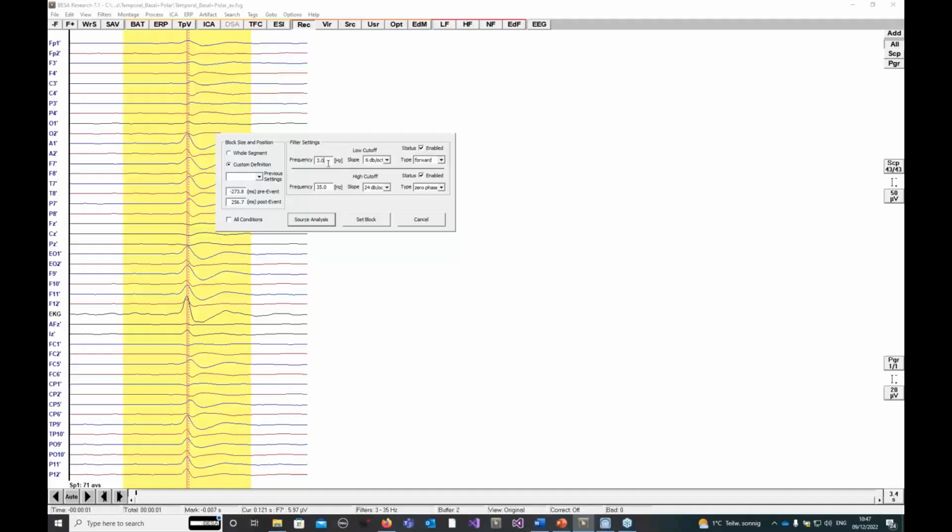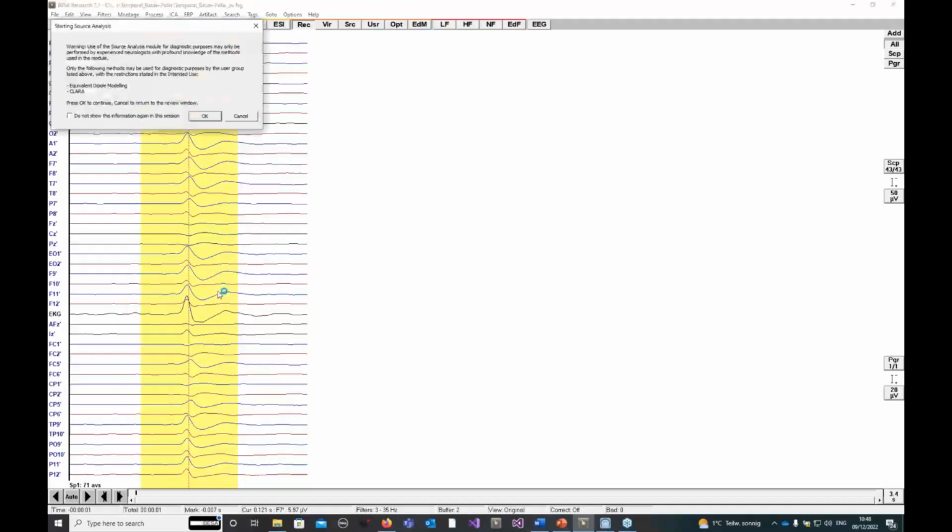So one thing we can do is a forward filtering at about 3 Hertz to get the baseline straight, and a zero phase 35 to 40 Hertz filtering, so that the filter band is well outside the activation speed of the spike. And here I can say exactly which epoch I'm going to look at. So I'm going to look at something between -200 and +200, so that I'm just concentrating on the main area